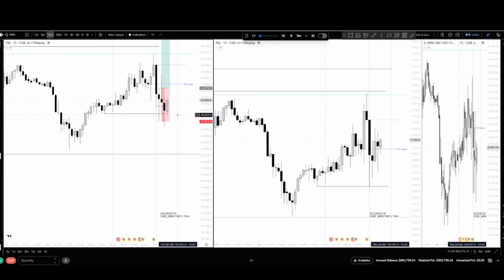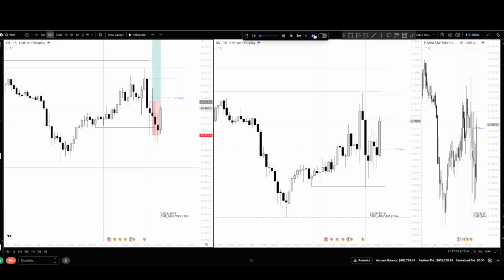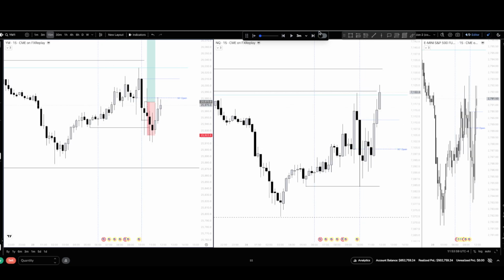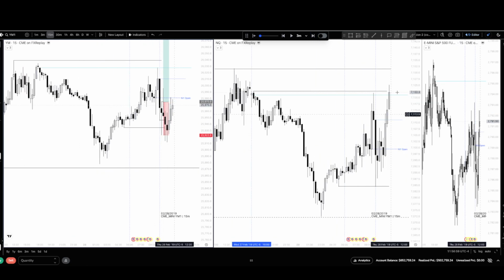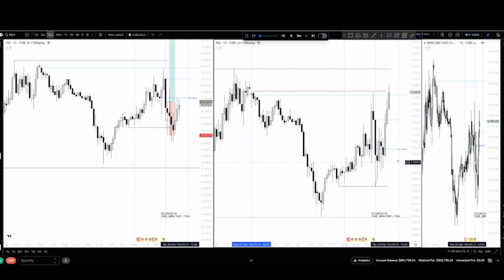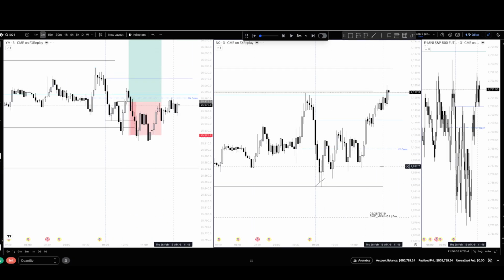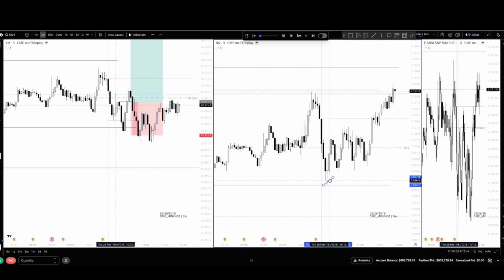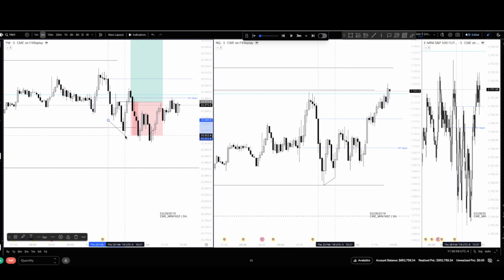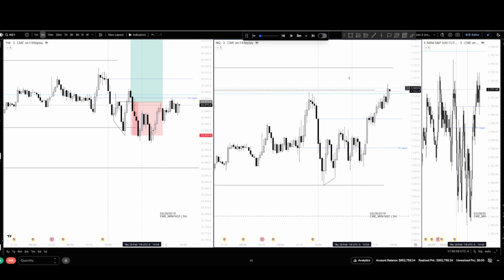What do you do from here? After you get stopped out, were we wrong completely? So NQ does go up to those highs. It was not NQ though, or it was not YM. So wrong asset choice here, as there is an SMT in between these lows. So with the SMT in between these lows like this,